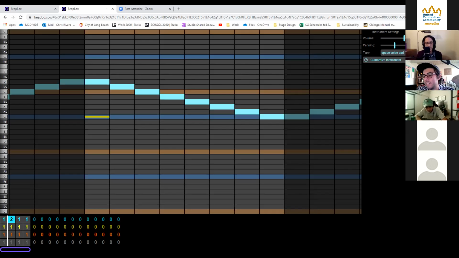And one last thing, this right here is your looper. So you could choose the range of the notes that are gonna get played. So I only want this pattern to be played 1 and 2. So I'm gonna press play, and then pay attention to this line right here. Watch. This line that's moving, that's your playhead. Oh, and you can see it right here too. And then it goes back. But that's basically the gist of the Beatbox interface.